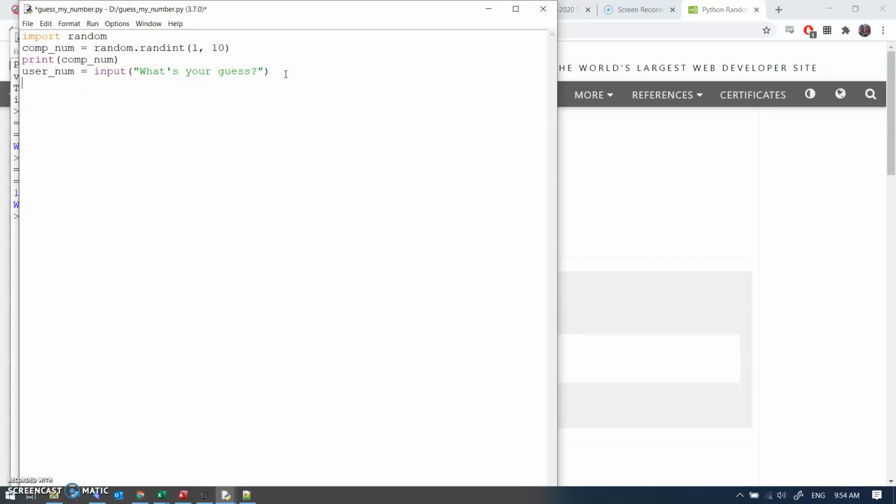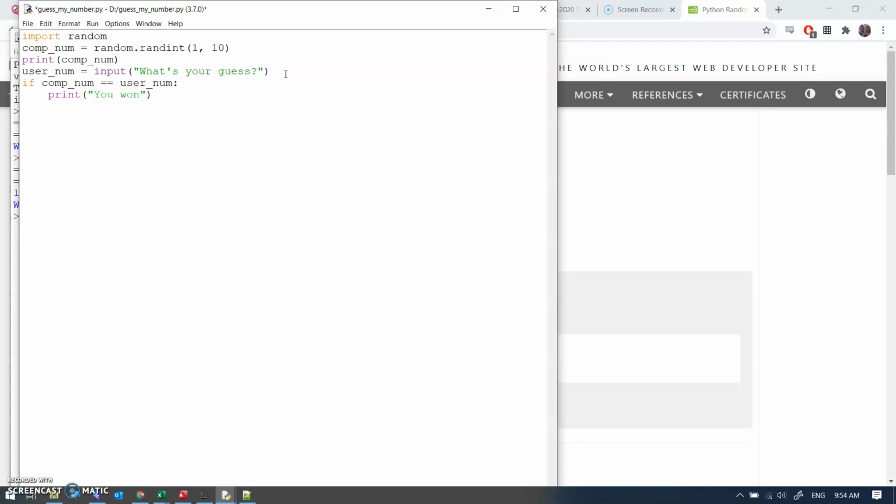So what I now want to do is check, was my number the same as the computer number? So I'm going to say if comp_num is the same as, so equals equals is how you have to do comparing 2 numbers. It's the same in pretty much all programming languages. Put a colon, hit enter, it automatically does the indentation that Python needs. So this line only will run now if that if statement comes out as true. And I'm just going to do a print statement, which is going to be